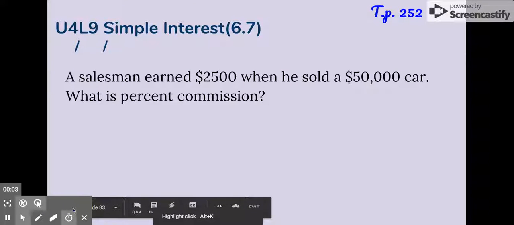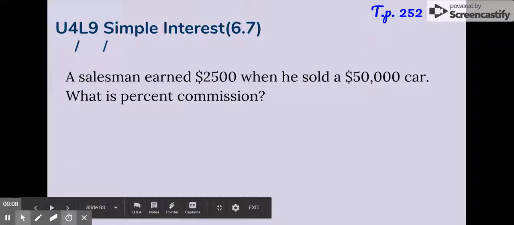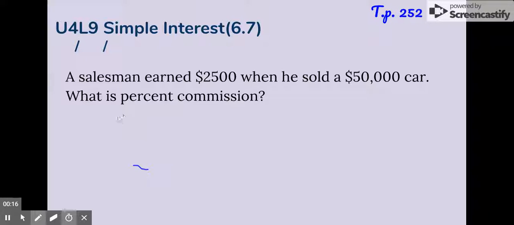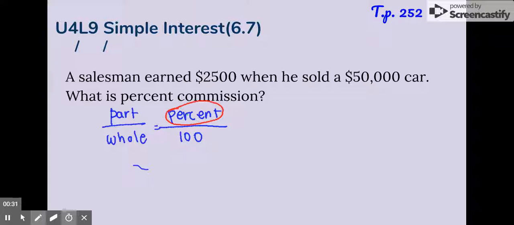We're going to talk about simple interest today, and before we do it, let's just solve this two-note question. When you find the commission rate, the percent is going to be, you have to find the part to whole. You're going to use the same strategy, and please copy this down, percent to 100. So we're looking for this guy, and we know the part and then we know the whole. You're going to earn $2,500 when you sold this amount